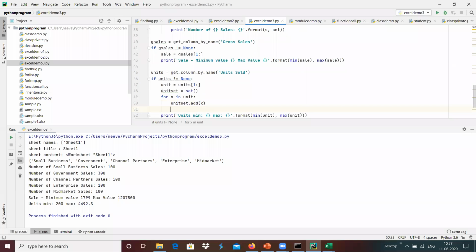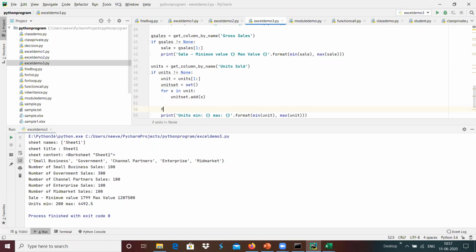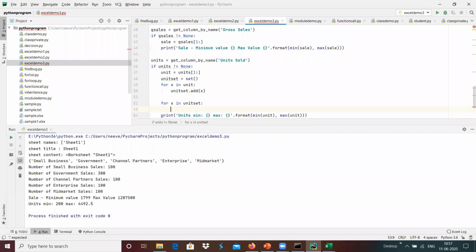And once it is done, we can do for x in unit set, and we can print the value x units sold this many times over here, dot format of x comma, and we have an option